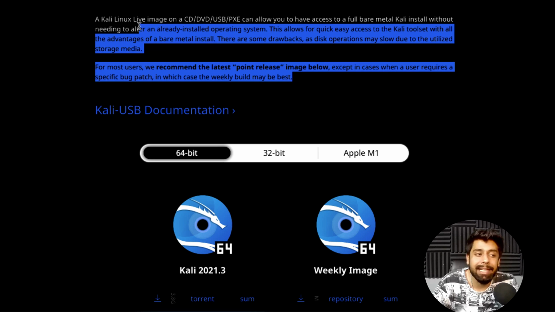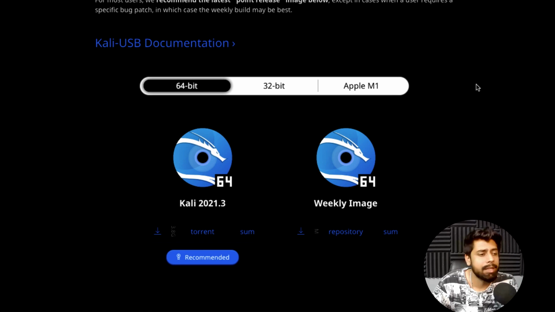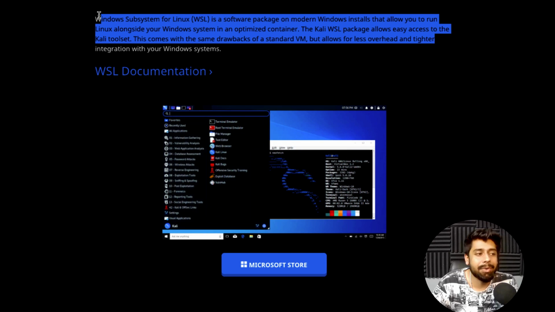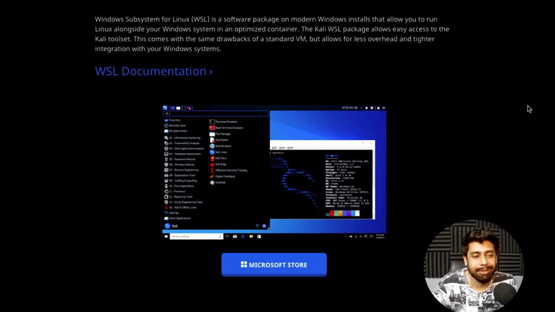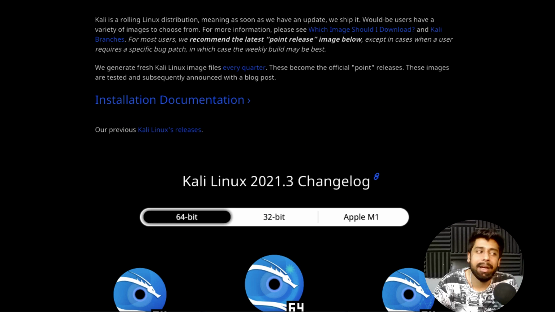It's like that. As soon as you plug in, you can start using that operating system. But if you make any changes, they will not be saved inside your USB, which means whatever you do after plugging in the live boot will vanish as soon as you unplug your USB, which is definitely not a good solution for beginners. And also you have the Windows Store for Linux, so this is also a good option out there. But to learn it the hard way, we are going to go with the bare metal methodology.